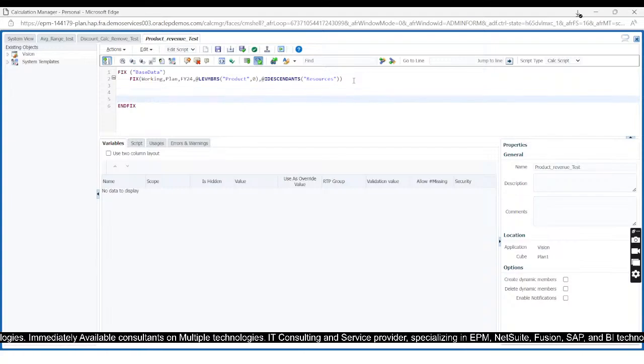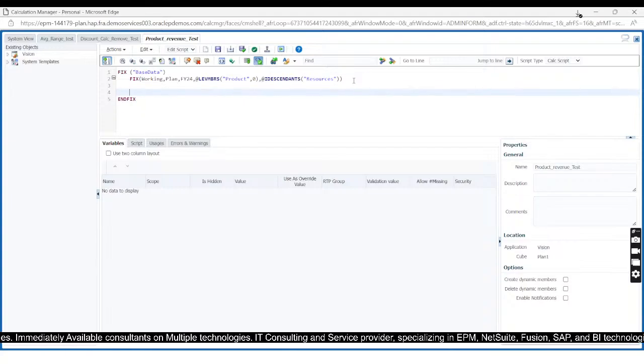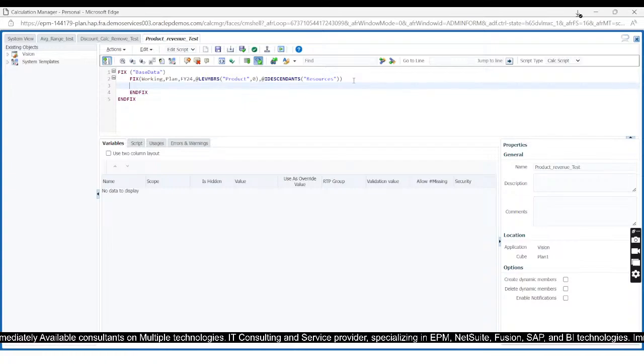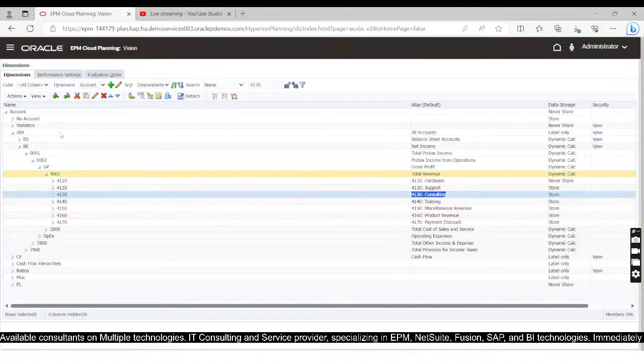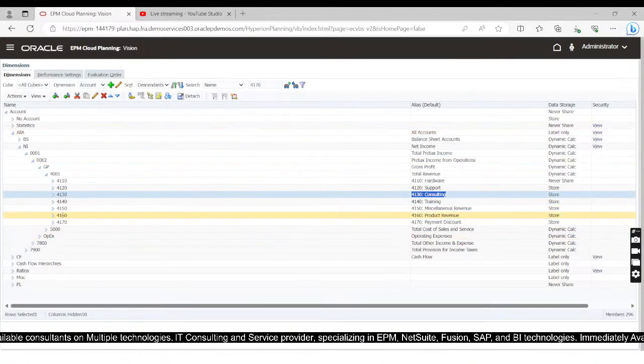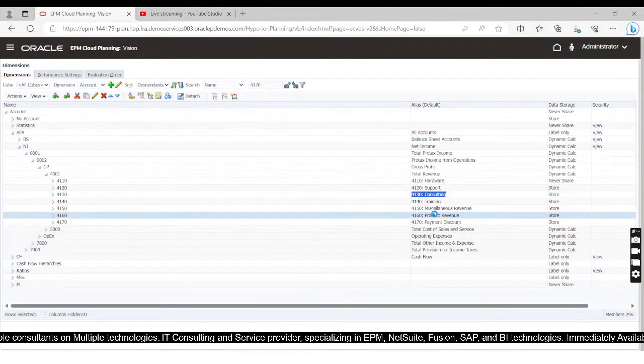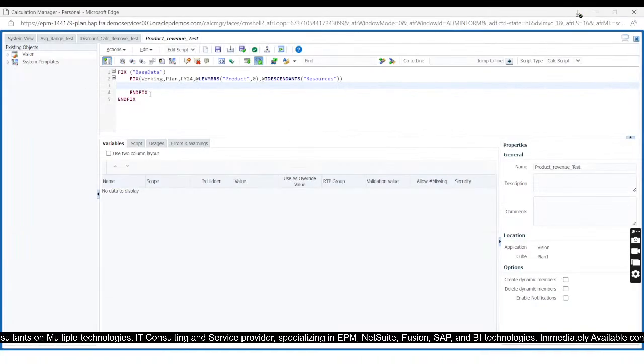I am going to use here ENDFIX. After that, I will write a rule. So for that, I will first go to the instance and I will copy the member from here directly. So here our target is going to be 4160, which is a product revenue,